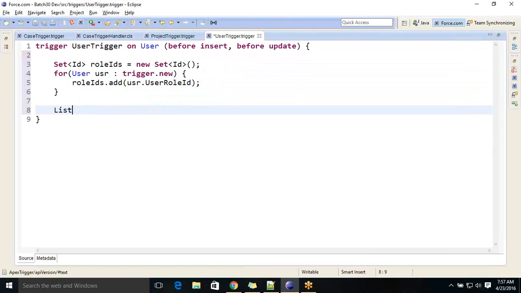Suppose I am taking a list, object name is user role. Roles list equal to, I'm writing a query, select id comma, we need name, right? In general, id no need to include in the query. Even though you are not including id in the query, automatically Salesforce will internally maintain that. So from, we need name actually from user role,